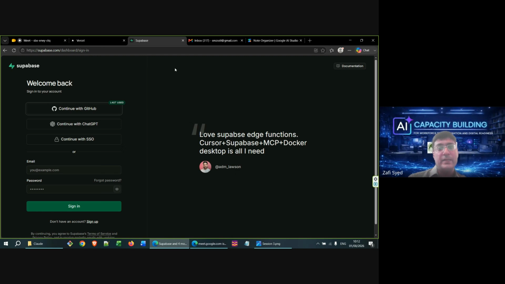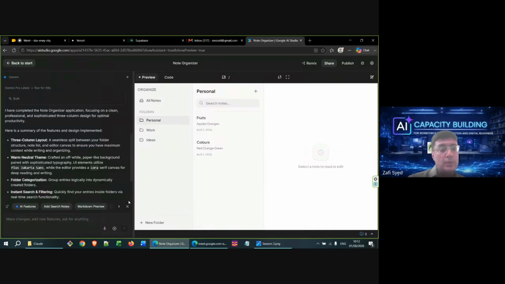So let's go ahead and do that. I'll have to go to AI Studio again, and I'll tell it to create a login page because at this moment, my application doesn't really have a login page. Once we use the web app, it's directly to the notes section. So the first thing I want it to do is to create a login page. And then I'll also let it know that I intend to use Supabase for authentication and synchronization, and that it should guide me on how to use it.